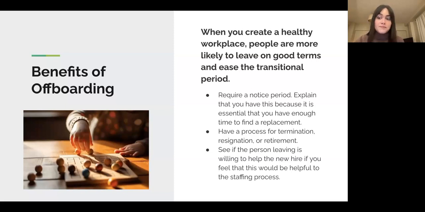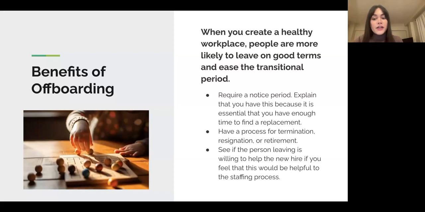And while obviously there might be cases where somebody has to suddenly leave, maybe for personal matters, maybe they have to suddenly move, if they are able to give a notice period, you can decide whether that's 2 weeks, whether it's a month, but for them to give you a heads up, you'll greatly appreciate any type of notice period.